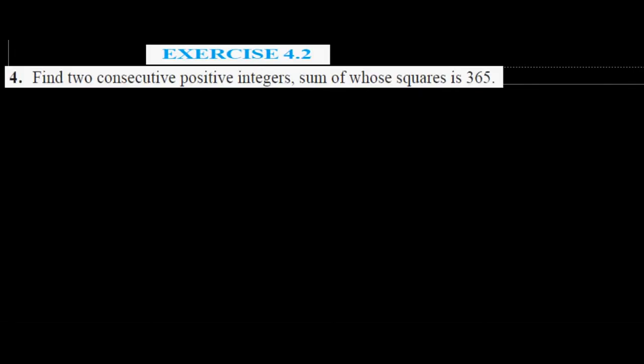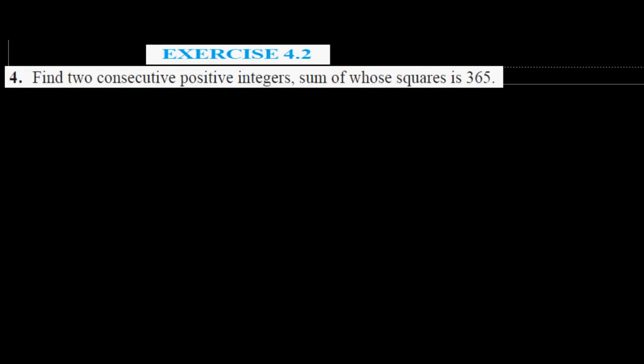Today we will solve exercise 4.2 question number 4 of NCERT class 10 mathematics. The question is: find two consecutive positive integers, sum of whose square is 365. As usual, in this type of question we will first of all convert this statement into a quadratic equation. Because they are asking for positive integers, we will assume that one of the